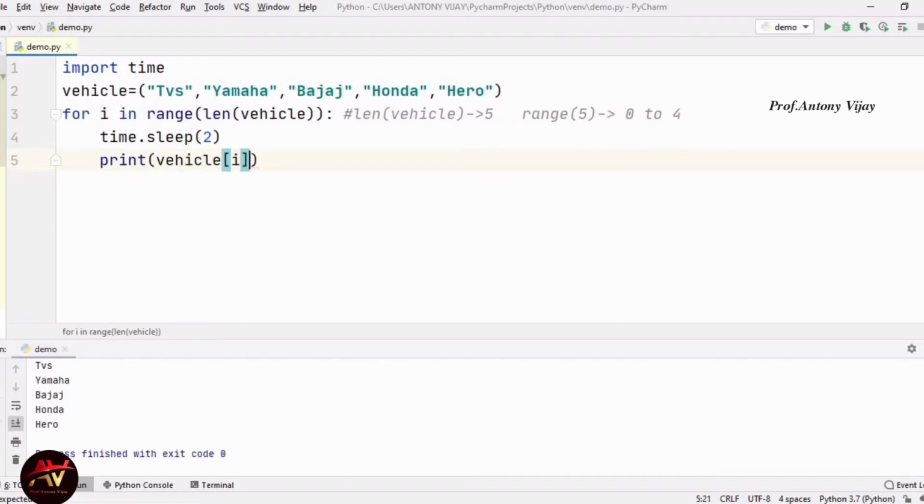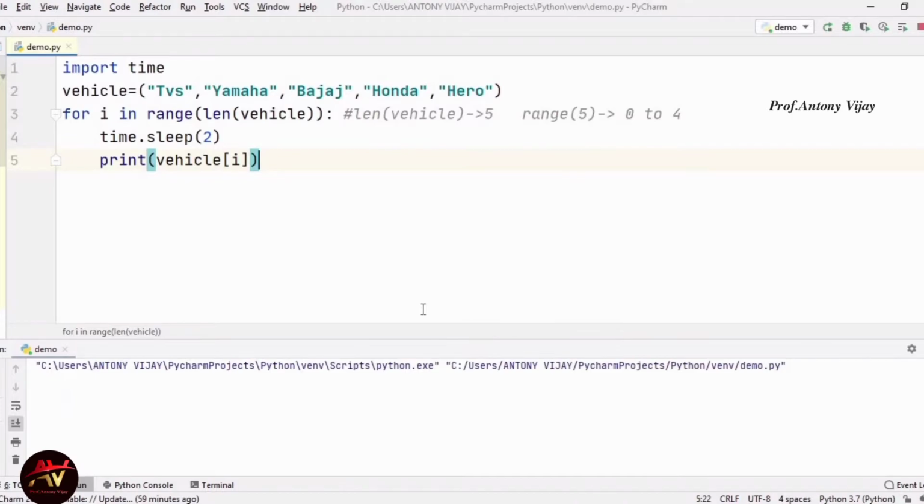For indexing you have to mention it within square brackets only. Here also iteration takes place. First, the index value 0 is TVS. Next 1 is Yamaha, then 2 Bajaj, then 3 Honda, then 4 Hero. 4 is the last number, so range of 5 means it starts with 0 and ends with 4.